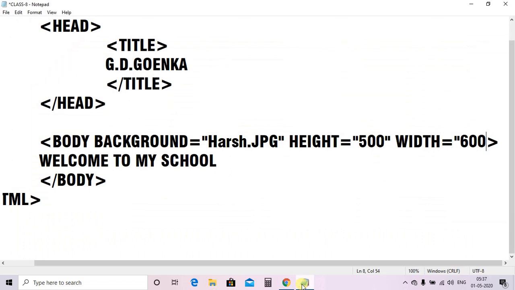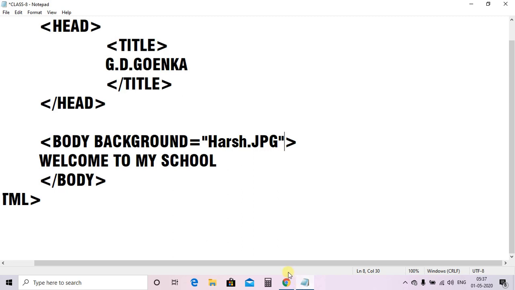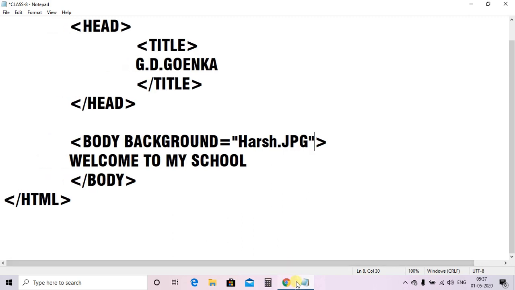No, this height and width are not working here because these are not the attribute. So you have to look for this size. Whatever image you are putting as a background, you need to look for its size. It should be fitted inside the web page. If it is quite large in size, it will not get reflected completely. Suppose we are getting this image as a background, but it is not completely visible as the size of the image is quite large.